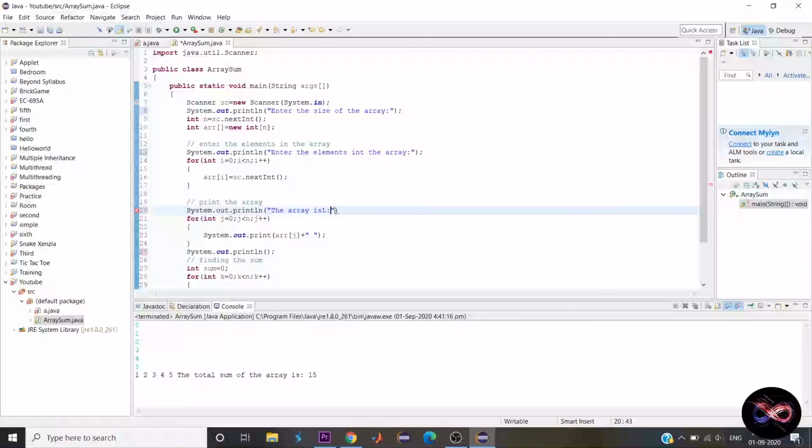The array is, and now it will work totally fine and in a proper format. So here, enter the size. Suppose 4. Then enter the elements: 1, 2, 3, 4. So it's working completely fine.